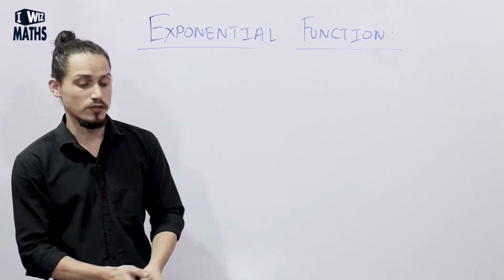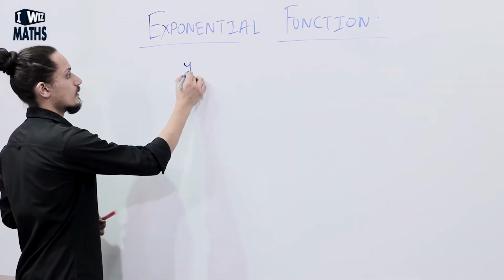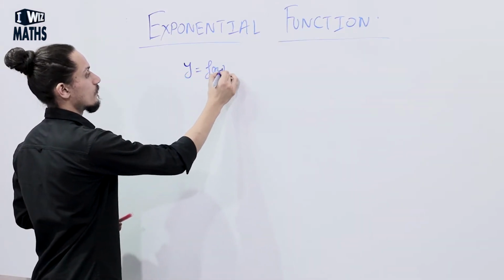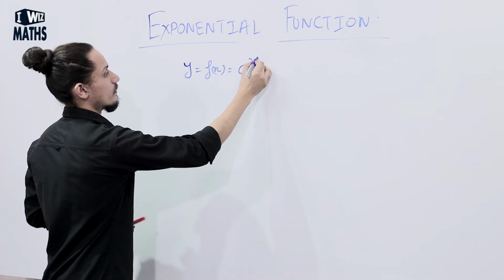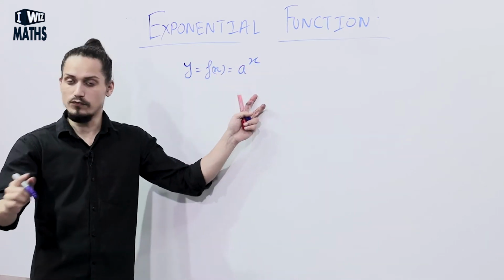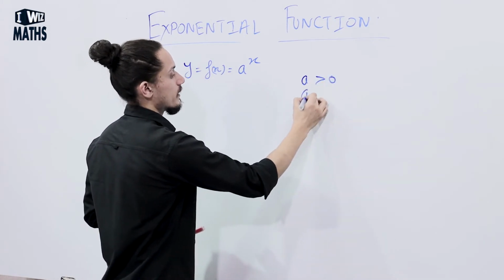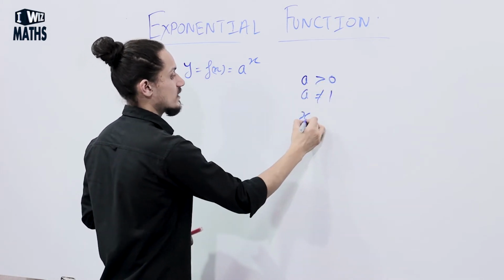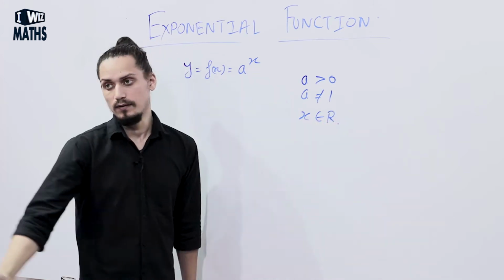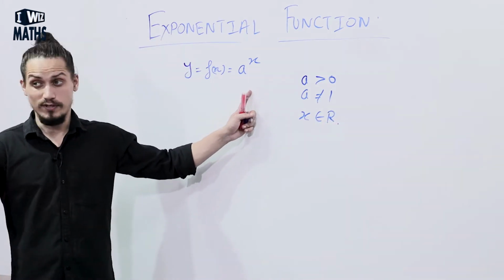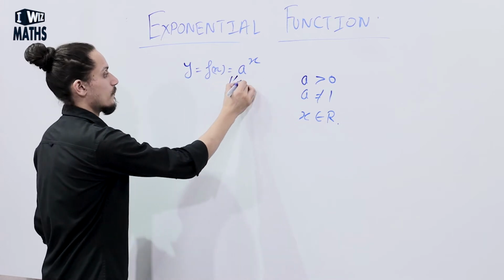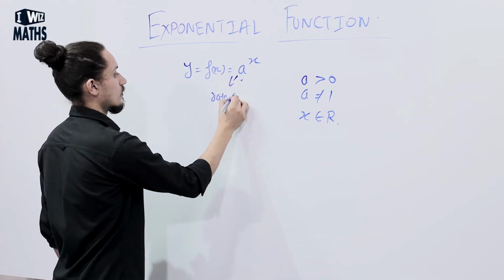What is an exponential function? A function of the form y is equal to f of x is equal to a raised to power x is called exponential function if the value of a is always greater than 0, a is not equal to 1 and x belongs to set of real numbers. Such function is called exponential function where a implies rate of growth